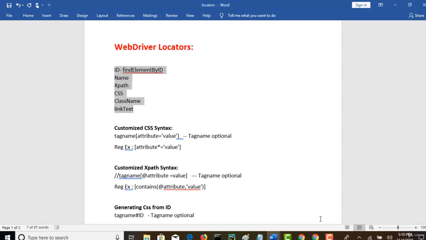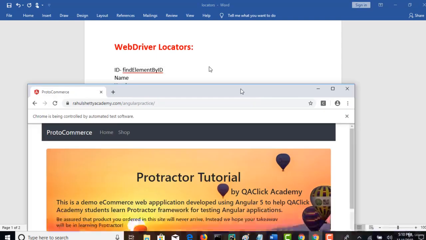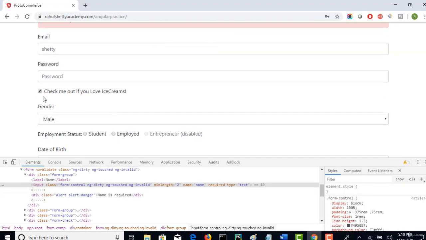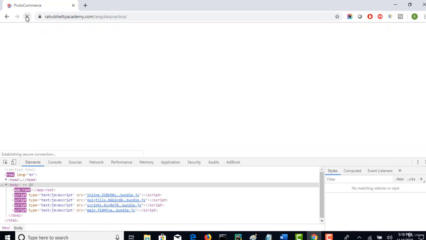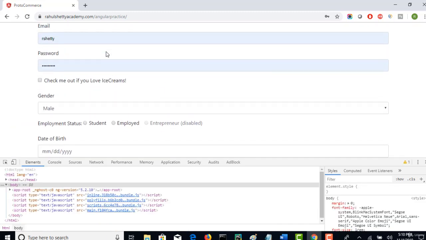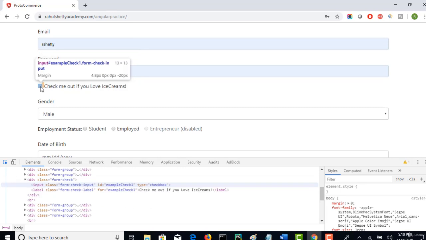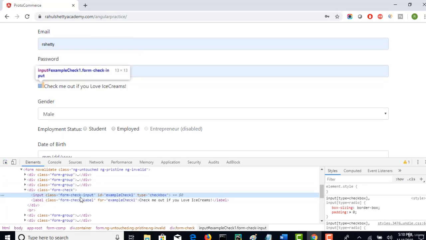Alright, so you have seen how to send information into an edit box using the send keys method. Now let's try to actually select this checkbox. When you refresh, by default I don't think you will see this checkbox selected. If you want to select this checkbox, again spy on that specific item, and if you carefully observe, these are the HTML properties defined by the developer